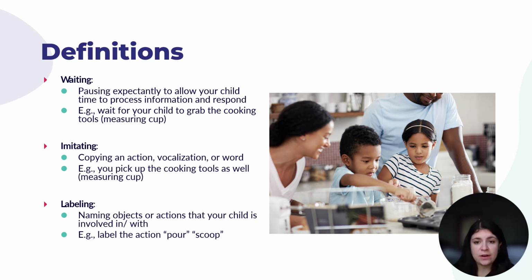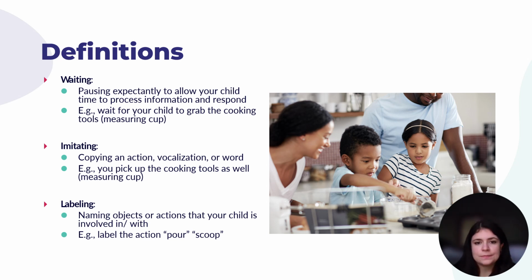Imitating is when you, as parents, copy your child's output, regardless if it was a full word or not. Not only do we copy their vocalizations and words, we can also copy their actions. For example, if our child says ah, we can say ah. If they say ball, we can say ball. And if they decide to tap the table, we can also copy their action of tapping the table. This requires observation of what your child is doing and saying. Make sure before you imitate, you wait and look at your child so they can see what you are doing